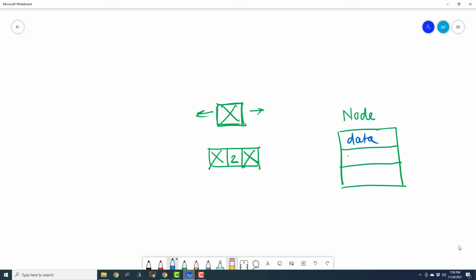The next one is next or right, or it will be previous or left. The internet is full of examples, and almost all of them follow this sort of convention for naming the variables and nodes.